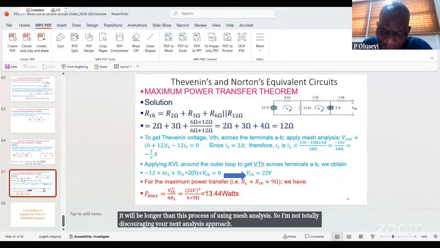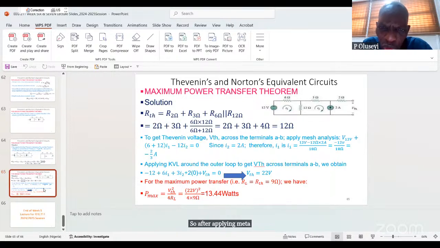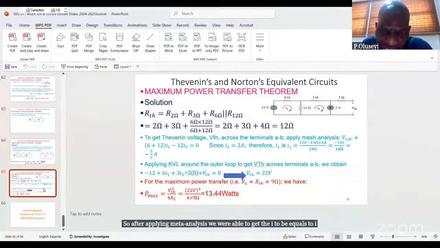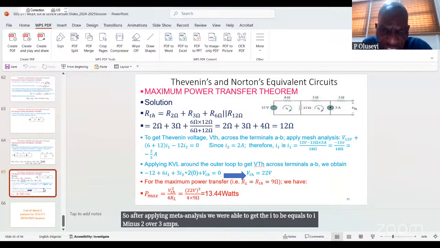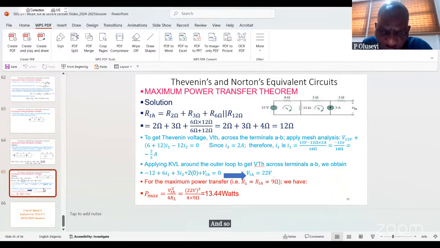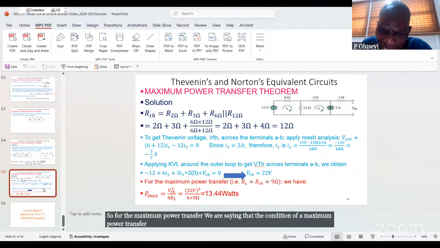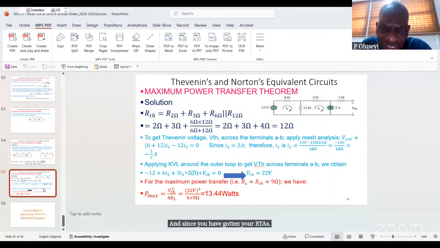So you can see after applying mesh analysis, we were able to get the I to be equal to minus 2 over 3 amps. And so the Thevenin voltage was then obtained as 22 volts. So for the maximum power transfer, we have said that the condition for maximum power transfer is that RL must be equal to RTH. And since you have gotten your RTH as 9,